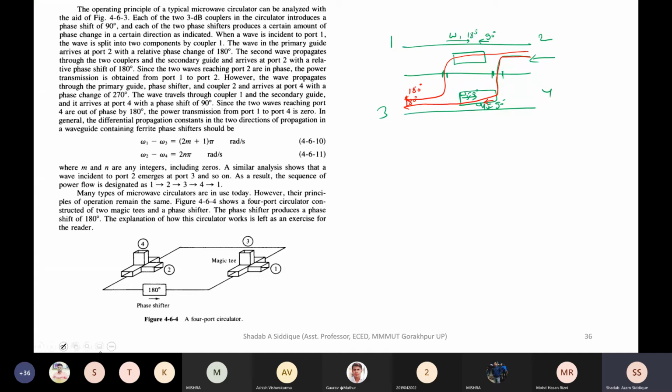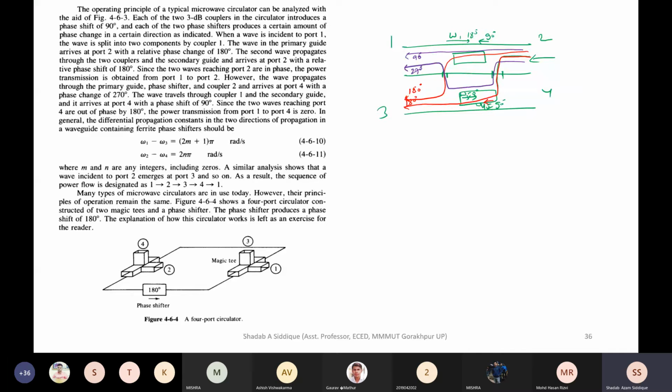Now let us talk about another wave which is coming to port 1. So from port 2 it is directly going in this direction. It will give you 90 degree phase shift in forward direction from phase shifter 1. And another wave which may come from this point gets this 90 degree phase shift, and it is again coming to this point. So 90 from this, 90 from this backward, and 90 from this one. So 90 plus 90 plus 90 will give you 270 degrees. You can see here it is directly providing this value.